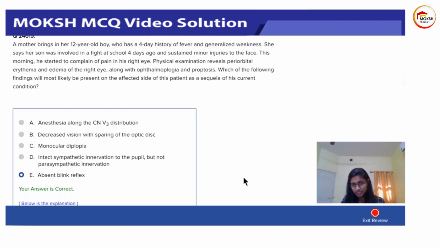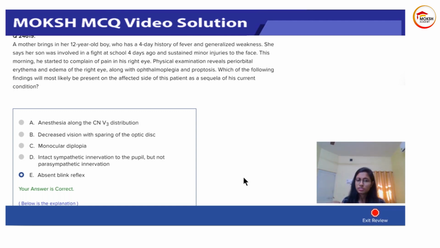You can do physical exam to diagnose this patient. You can also do CT and MRI as well, and treatment would just be antibiotics for orbital cellulitis. And if there is a drainage within, whether it's in the cavernous sinus or in the orbit, you just have to drain it. Okay. So the other options, which is anesthesia along the V3 distribution, remember that the structures I